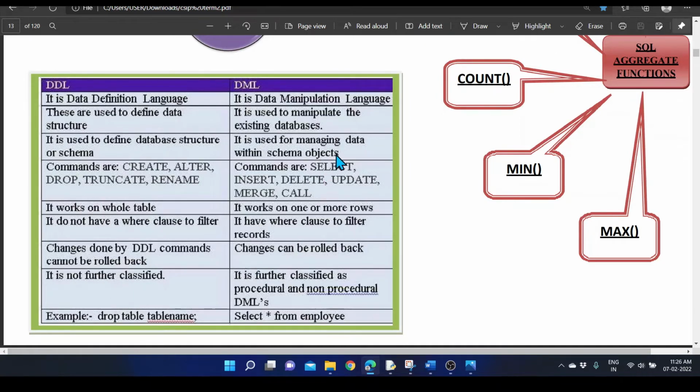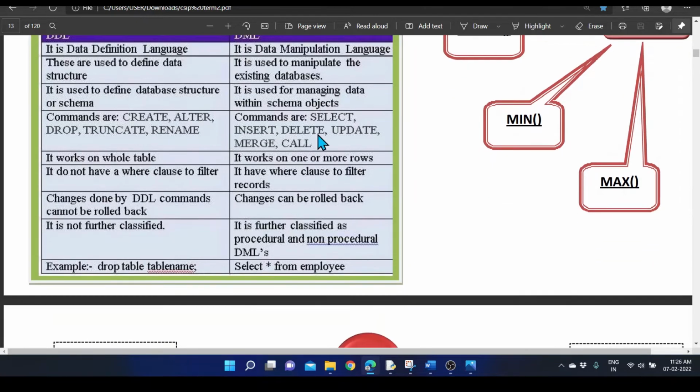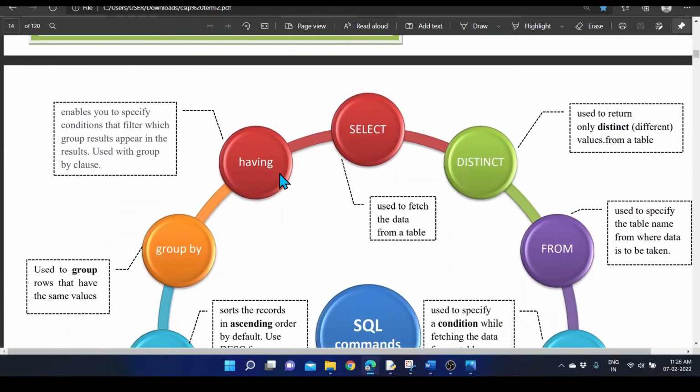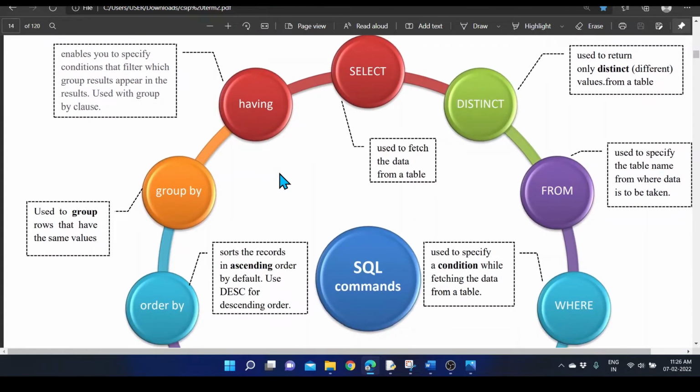And based on the DML, it is used to manage data within the schema object. So they will manipulate the data. So the commands that we can use are select, insert, delete, update, merge, everything that we can use there as the DML command. So that's the difference between the two sections, DDL and DML, and these are the different SQL statements